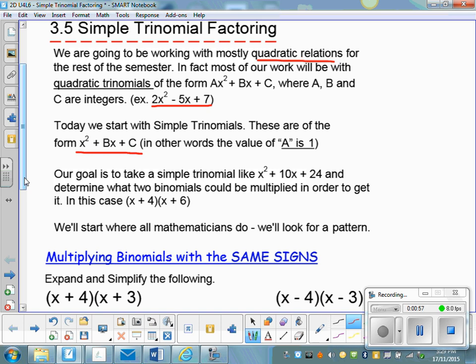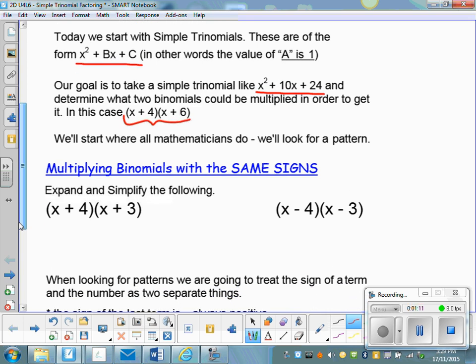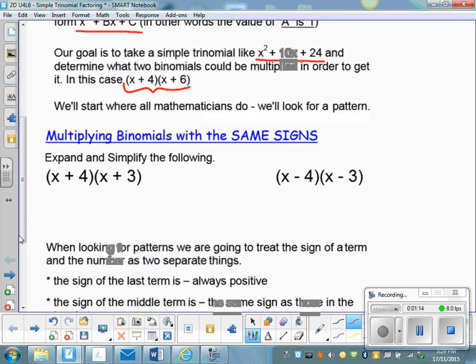Our goal is to take a simple trinomial like x squared plus 10x plus 24, and change it into two binomials that multiply together to give that, which in this case would be x plus 4 and x plus 6. We're going to start where all mathematicians do: we're going to look for a pattern. We're going to work by expanding and simplifying first,